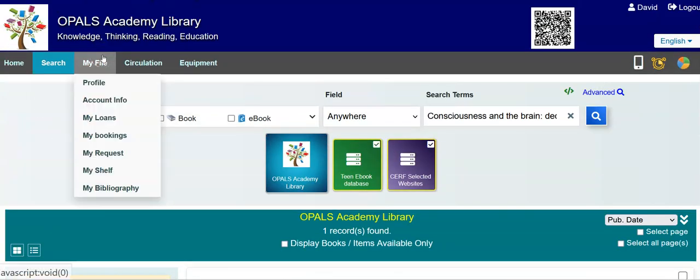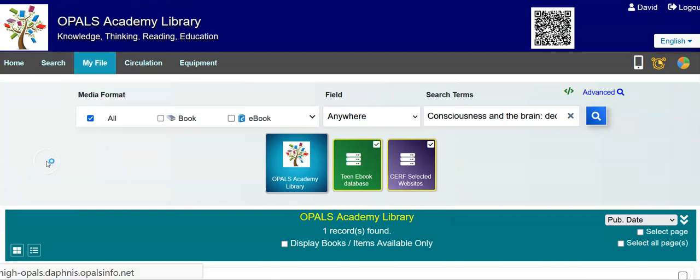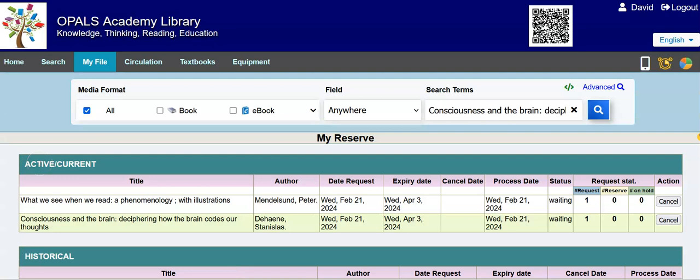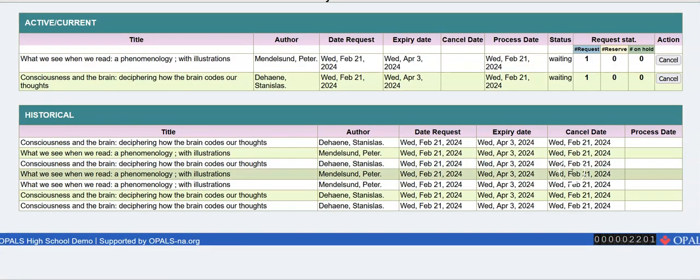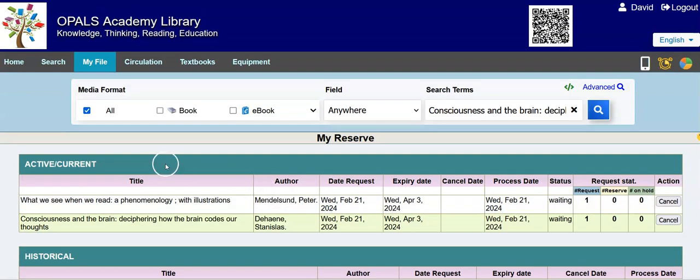I'm logged in as a user, library user, my requests, and I see 2 requests active, and they're both noted as requested. I could cancel over on the far right. I'm not going to. And here is a bit of a history on other requests and holds and reserves that I've put in. Now I'm going to log off as a library user and log in as a librarian and